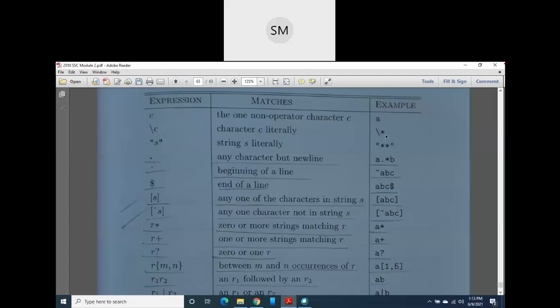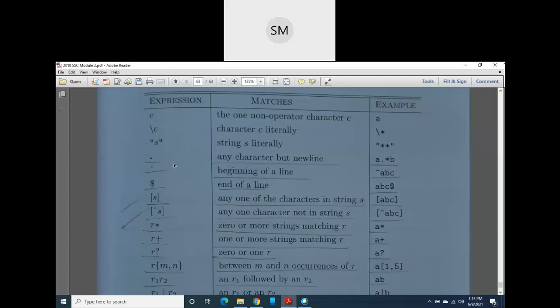So backslash star. Backslash star means it can match the character star. C represents a character here, that's all. And if you want to match any character, then you use a star. Literally it will match that character. Then double quotes are here. In between the double quotes, a string is there. The string s, literally it will match the string s. Okay, so s is a string made up of any symbols or characters or alphabets. So we have used double quotes here. The example is matching a string.